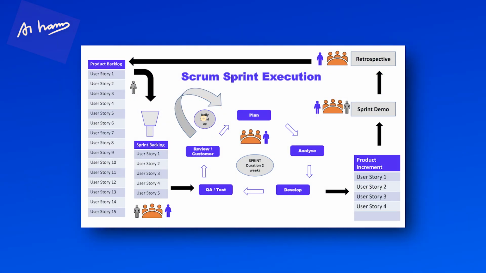The daily stand-up meeting is one where we come and inspect and check with everybody. Everybody checks what we did yesterday, what we plan to do today, and what the roadblocks are. So this is the daily stand-up that happens every day for 15 minutes. In daily stand-ups, you don't start working on issue resolution. You don't try to debug issues in the daily stand-up.